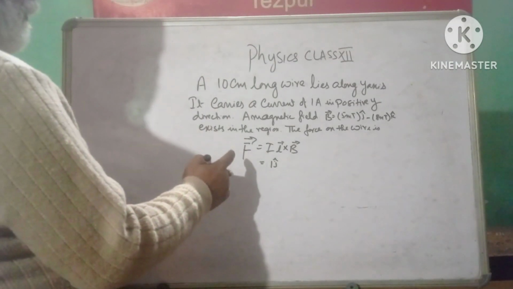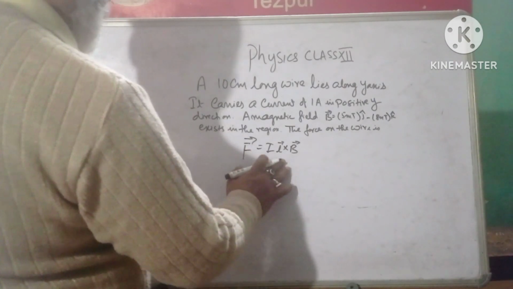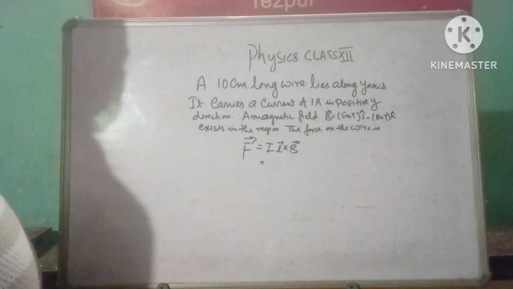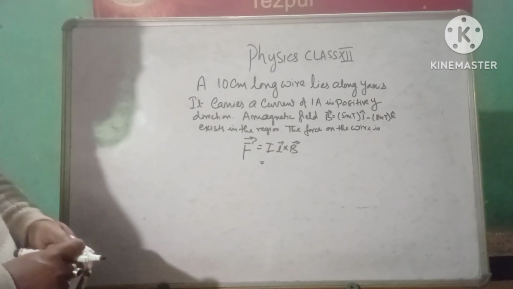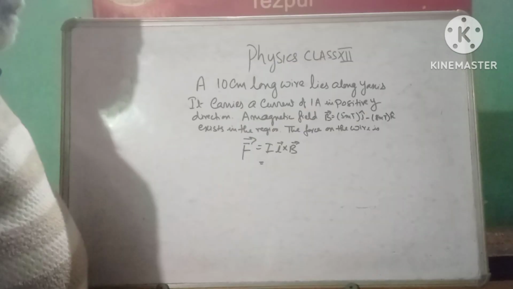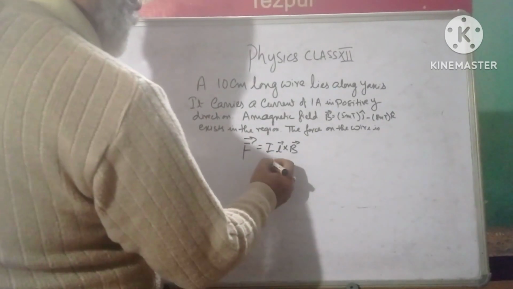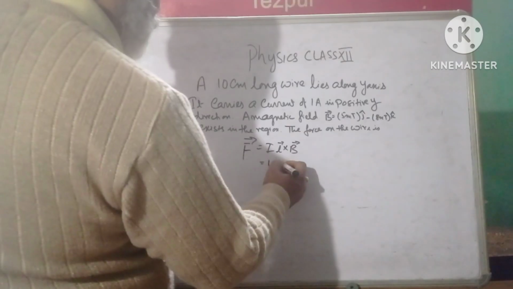Here you have learned in this theory that since I is a scalar quantity, length has been considered as a vector quantity. So I will be 1 and your length will be 10 centimeter, that means 0.1 J cap,